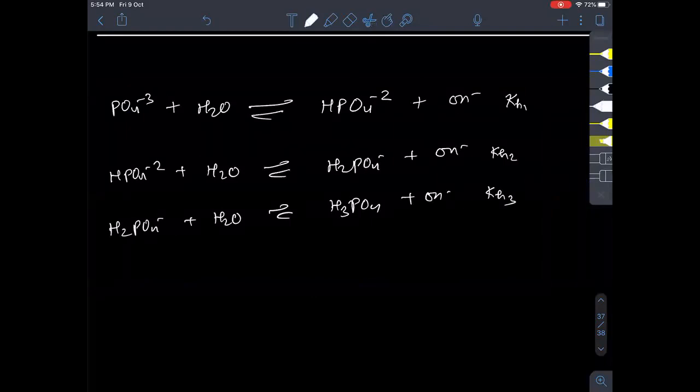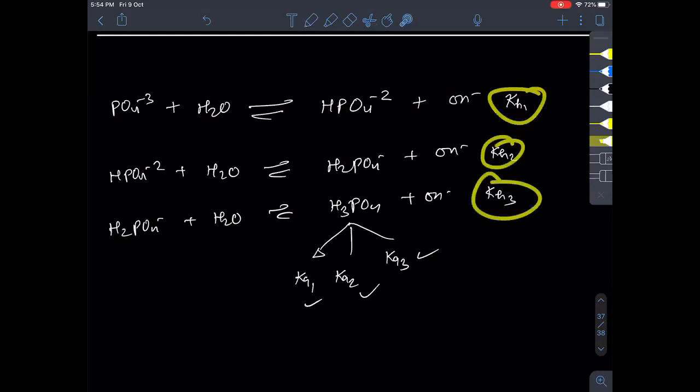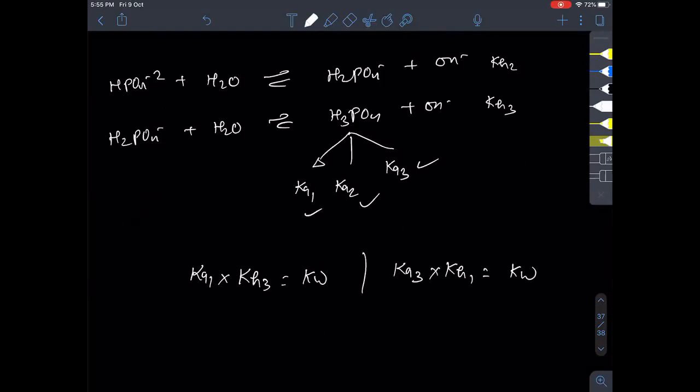Now one thing that you are supposed to do, because sometimes they will give you the 3 dissociation constants of this triprotic acid, Ka1, Ka2 and Ka3. This will be given to you. Most probably they will not give KH1, KH2, KH3. Now if you know this, you will realize one thing, that Ka1 multiplied by KH3 will be equal to Kw. Similarly, Ka3 multiplied by KH1 will be equal to Kw. And at the last, Ka2 and KH2 will be equal to Kw. I'll show you how.